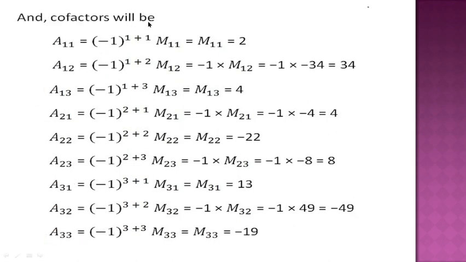Then if we have to find the cofactors of the given matrix, A11 will be equal to minus 1 raised to the power 1 plus 1, that is positive. So it will give us a positive sign into M11, that is 2. In short, whenever the sum of these two numbers, 1 plus 1, is an even number, it means minor and cofactor will be the same for that element. And whenever we have an odd number, 1 plus 2, 3, odd number, it means we will get one negative sign, so the cofactor will be equal to the negative of its minor. That way we will calculate all 9 cofactors.